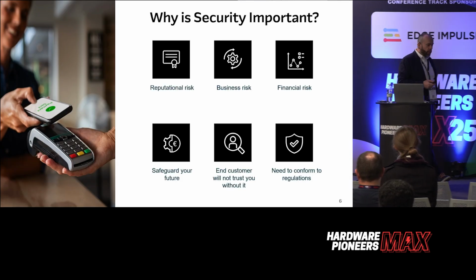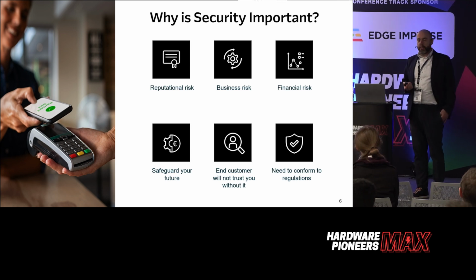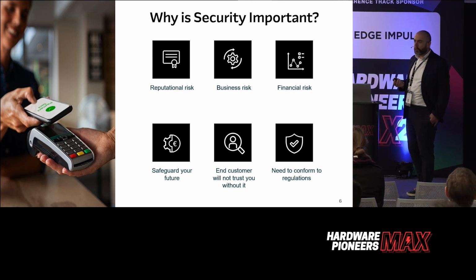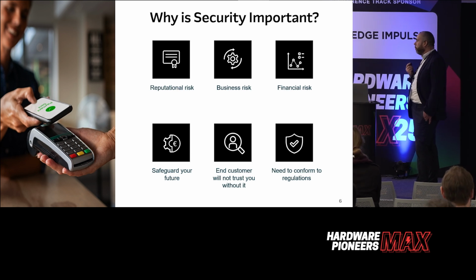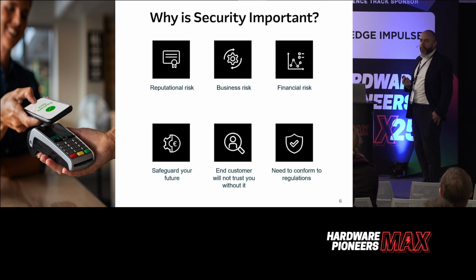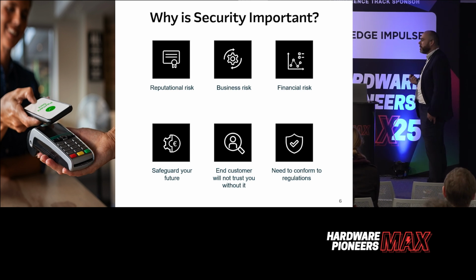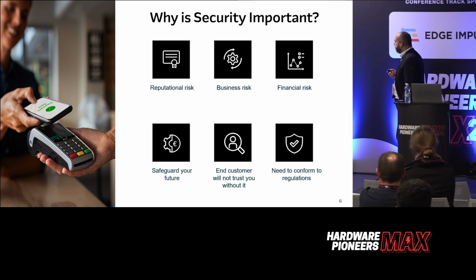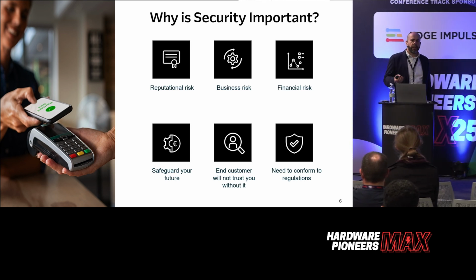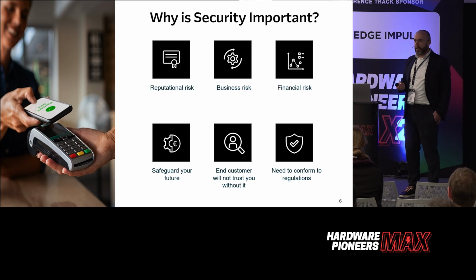So what happens when security goes wrong? It can be devastating. There's lots of stories you can see in the press about what happens when it goes wrong. However, there's also a lot of really small things that go wrong when you get security wrong. But all of them can have a large impact to your business. When it comes to CRA, I should say, the CRA is the Cyber Resiliency Act that's in force in the EU.